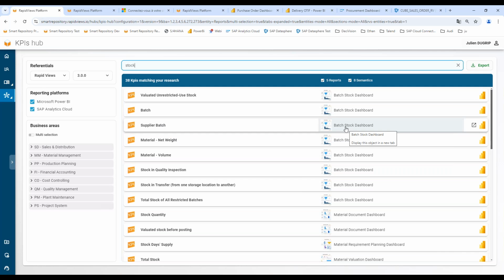It's another view to search information. We have end users that search directly for a specific document, and we have other end users that search directly to analyze a specific KPI. And with this KPI hub, I can give access to a specific KPI and afterwards to the reports that use the KPI.